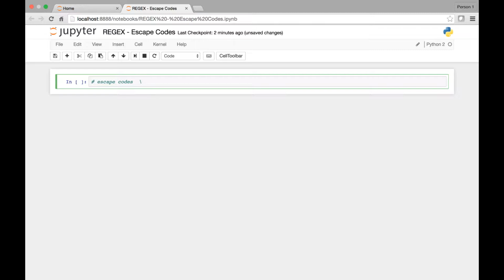The first escape code is \d. This matches a single digit. Okay, \d matches a single digit. \D matches a single non-digit. Okay. Next we have